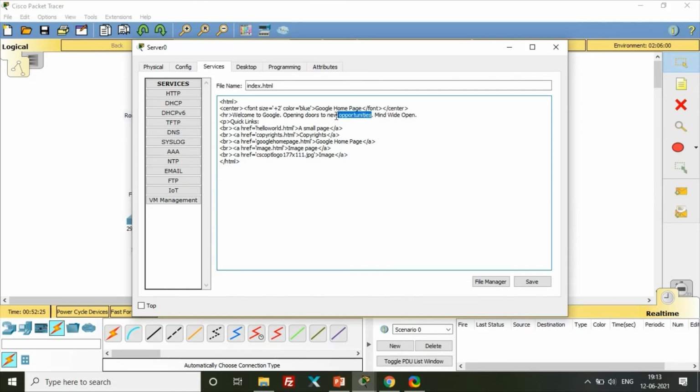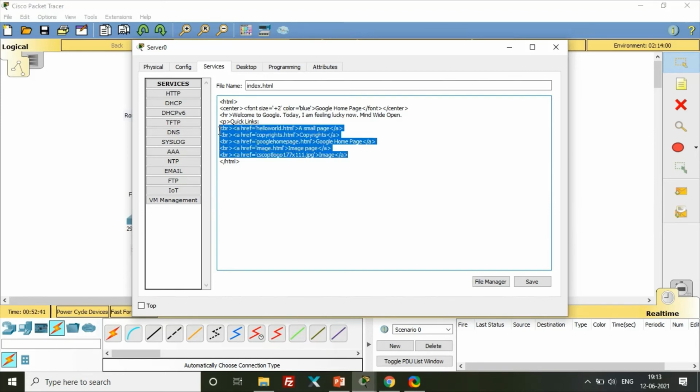and put the Google motto, I'm feeling lucky. Okay, and you can delete the other things, they're not required. The file name is google.com, Google page. Okay, and save.